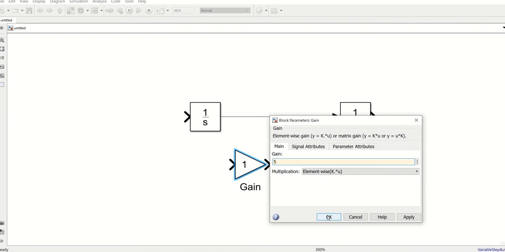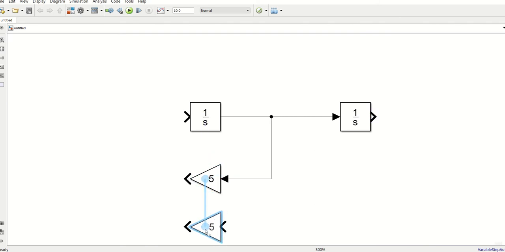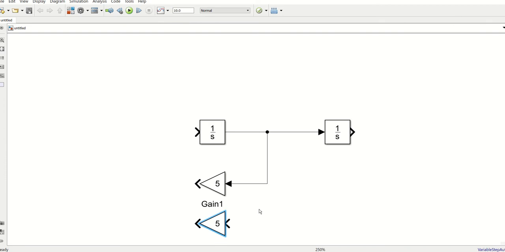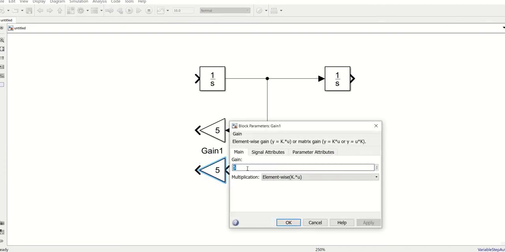So 5 was the gain that is required, and I can rotate it so that it looks better. And this gain block is connected at this point. One more gain block I need, so I'll put it here, and this gain is 6.